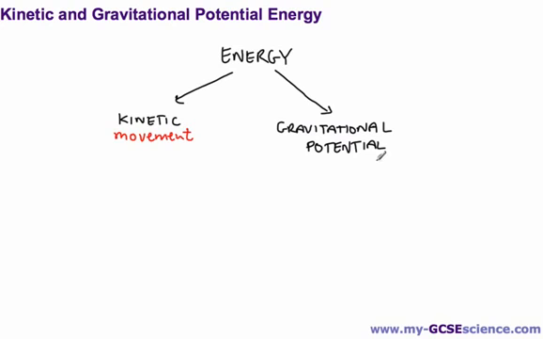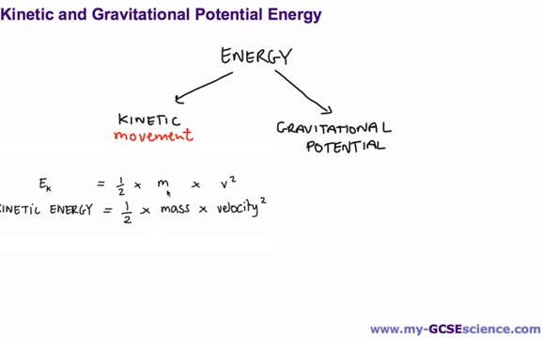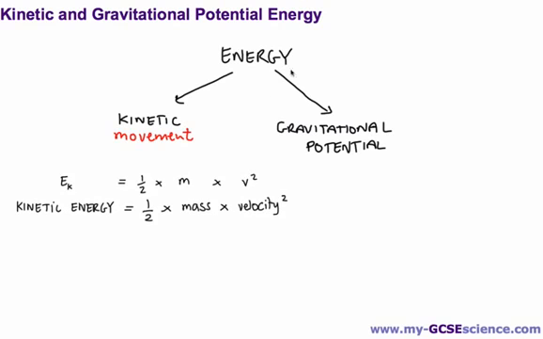Now in terms of these two, you need to be able to use the formulas to calculate them, and for the first one here we've got the formula down here, which is just off the screen there. Right, so we have EK is half times m times v squared. So EK stands for kinetic energy, m is mass, and v is velocity. You'll be given all of this in the exam, but you won't be given the unit. So you've got to remember the unit for kinetic energy is joules, mass is always in kg, and velocity is